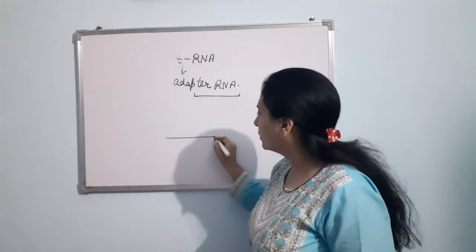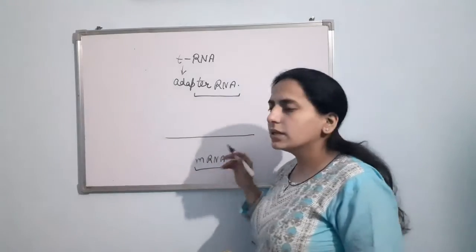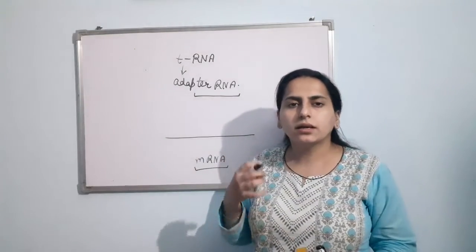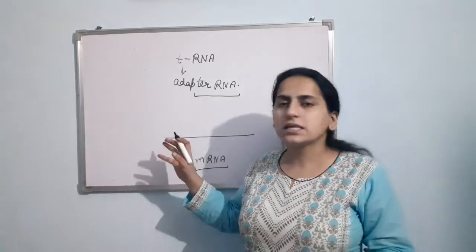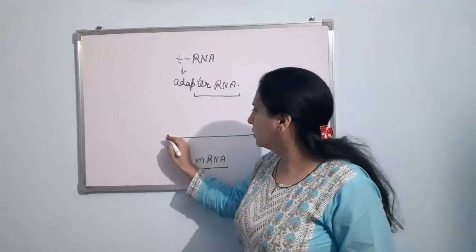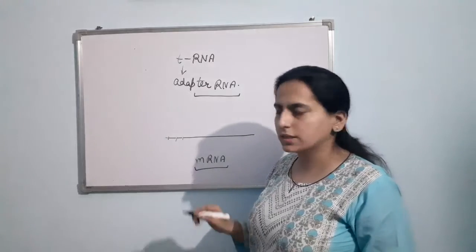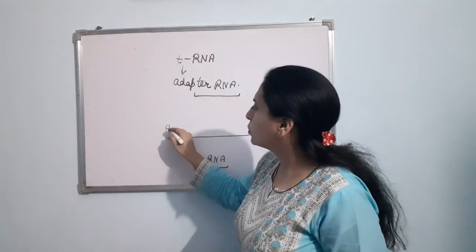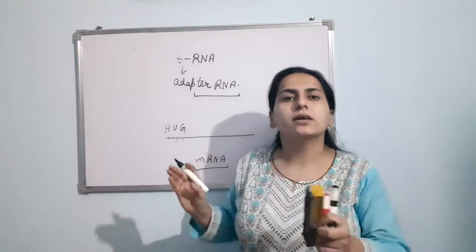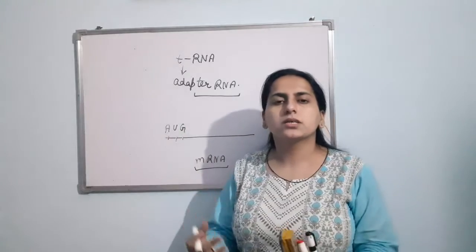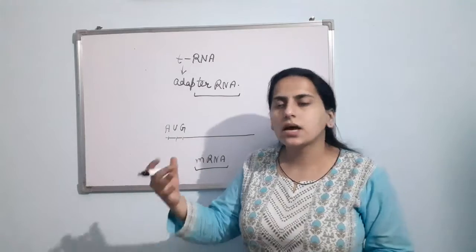As you know, mRNA is there, and this mRNA contains the information about which protein is going to be synthesized. It has codons. We have discussed the genetic code, right? So codons are present like this. Suppose AUG. I told you that AUG is the starting codon. From here, the process of translation, or protein synthesis, will start.